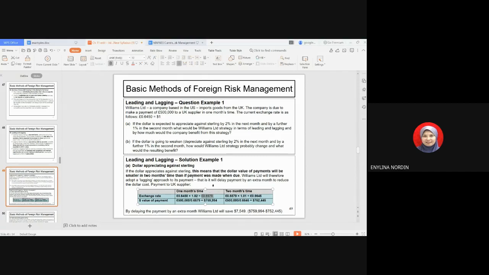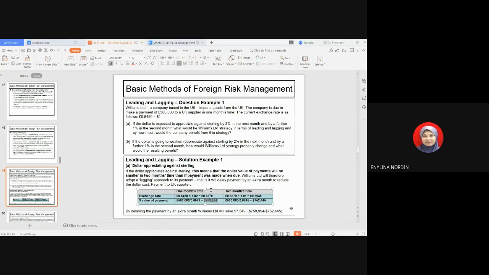But for the US company, there will be less dollar to be converted into pound. Okay, right. And then how much dollar here? So 500,000 pound divided by the new exchange rate, which is 0.6579. So the amount of dollar that is equivalent to 500,000 pound is $759,994. This is the payment that should be made by the US company in 1 month's